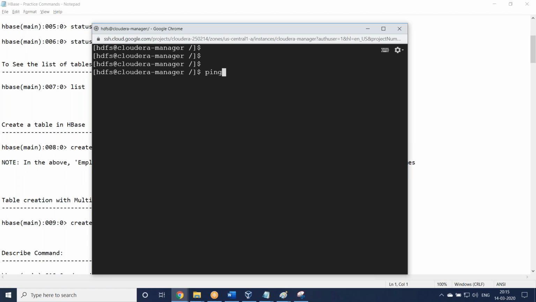You only need to know validation. Validation means logging into the HBase shell command and checking that it's working or not. Similarly, Pig. We have not installed Pig, right? Pig shell. If Pig is installed, it will display the Pig command. So this is the validation of ecosystem tools. Any questions?